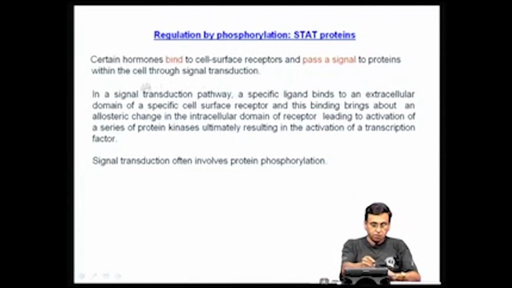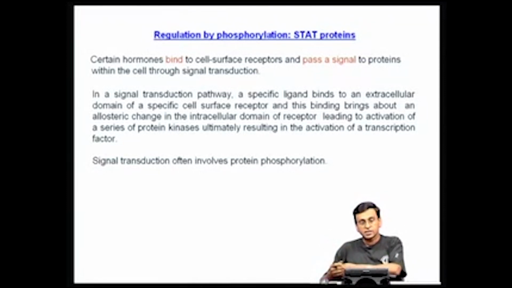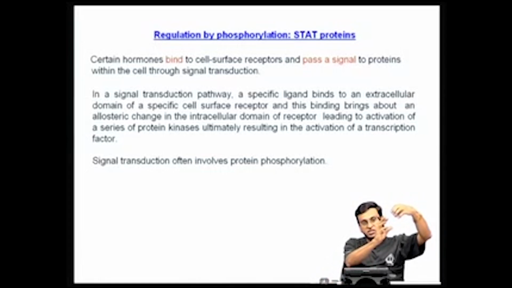A signal transduction pathway is nothing but when a specific ligand binds to an extracellular domain of a specific cell surface receptor, and the binding brings about an allosteric change. Just like the glucocorticoid binding to the glucocorticoid receptor in the cytoplasm brought out an allosteric or conformational change in the receptor so that it can no longer bind HSP90 and therefore it can dimerize and go into the nucleus. In the same manner, when certain polypeptide hormones bind to cell surface receptors, this ligand receptor interaction